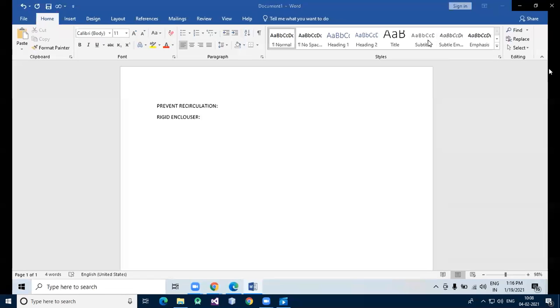Then flexible strip containment. So next is flexible strip containment. Okay, so use flexible strip containment, you can write contains.